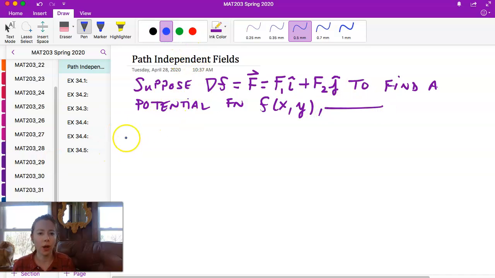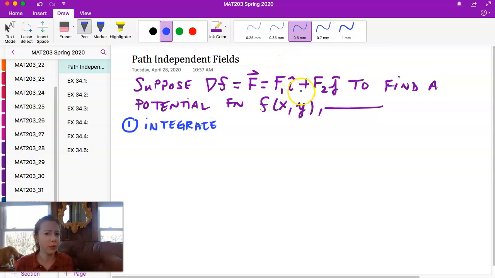We're going to need to do the following. So step 1 is to integrate. It doesn't matter if you start with your x component or your y component, you just need to be consistent. I'm going to start with the x component just because that's our f sub 1, makes sense to me. You could do it either way. So we're going to integrate our x component, f sub 1, with respect to x, and then we're going to include g of y